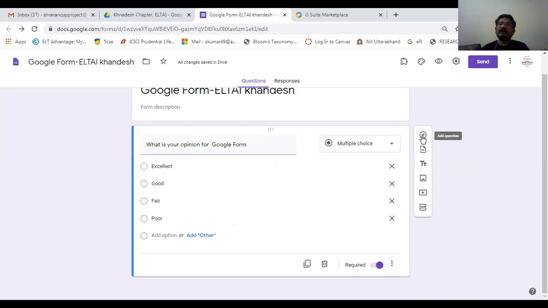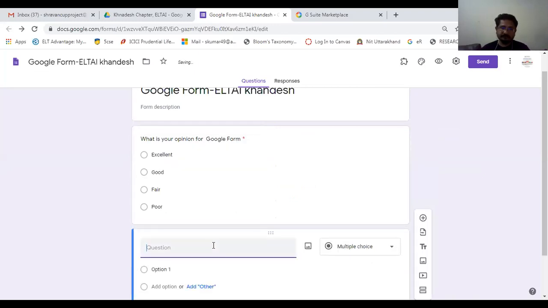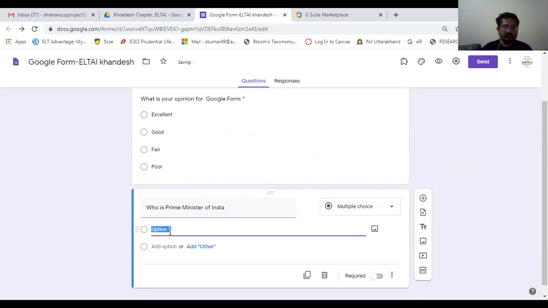I'll click on this portion, add question. Who is the Prime Minister of India? The first option is... again I'll click on the tab button, but Google could not recognize a few options.